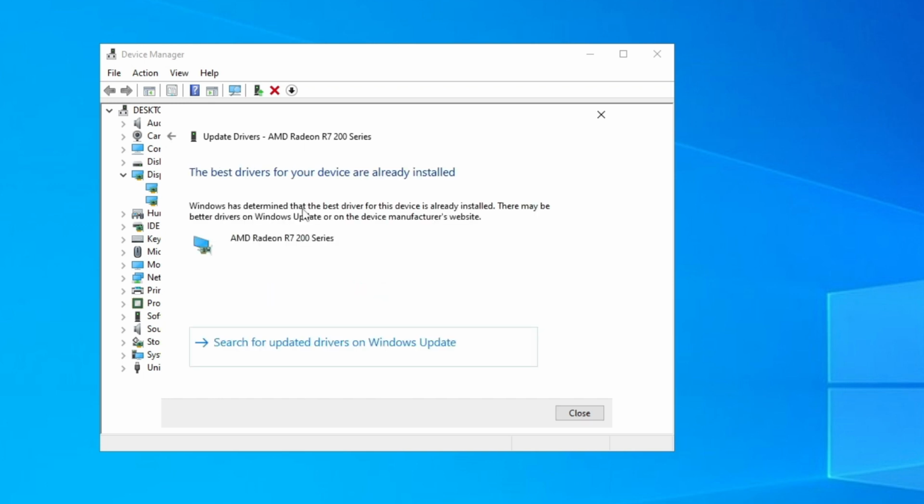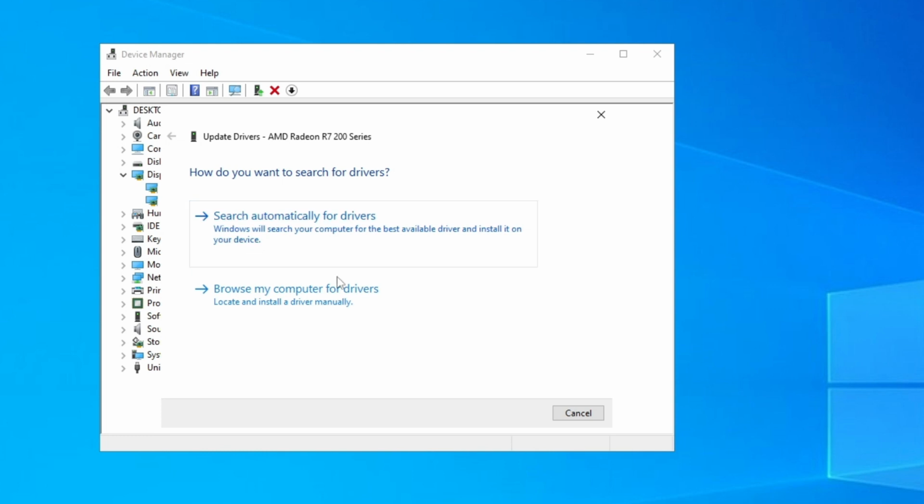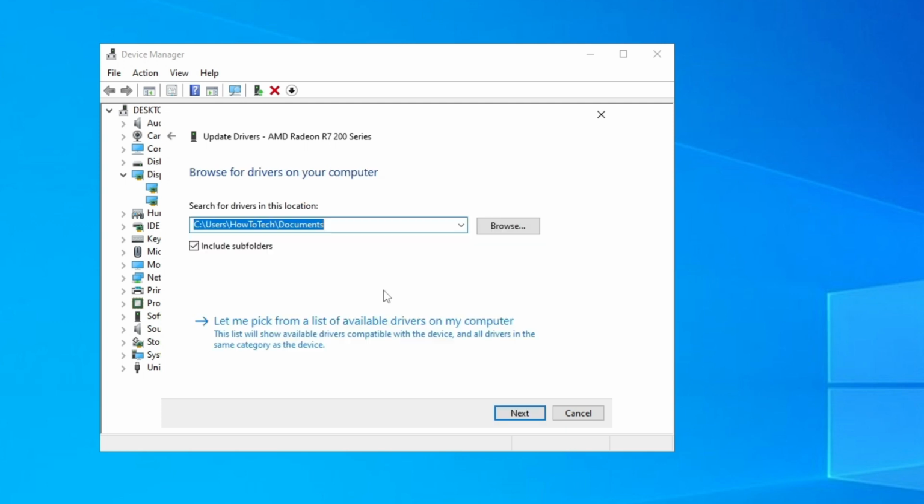So just click on it, and as you can see I already have the best drivers installed. That means I currently have the best drivers installed, so I don't need to do this, but in case there is a setup for you, just click next here and follow all the steps needed. And here is browse my computer. This is manual, you click on browse, and you choose the drivers manually for your AMD